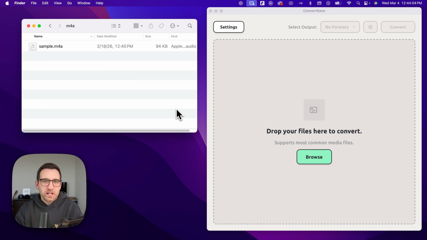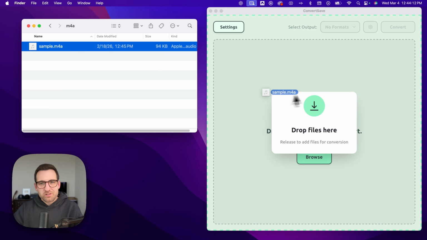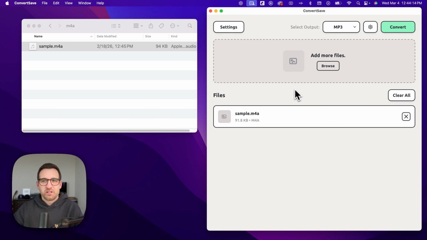Here's how to convert M4A to OGG audio. I'm going to call it OGG from here on out because I think that's fun. So I've got a sample M4A right here, and I can just click and drag it into ConvertSave, this file